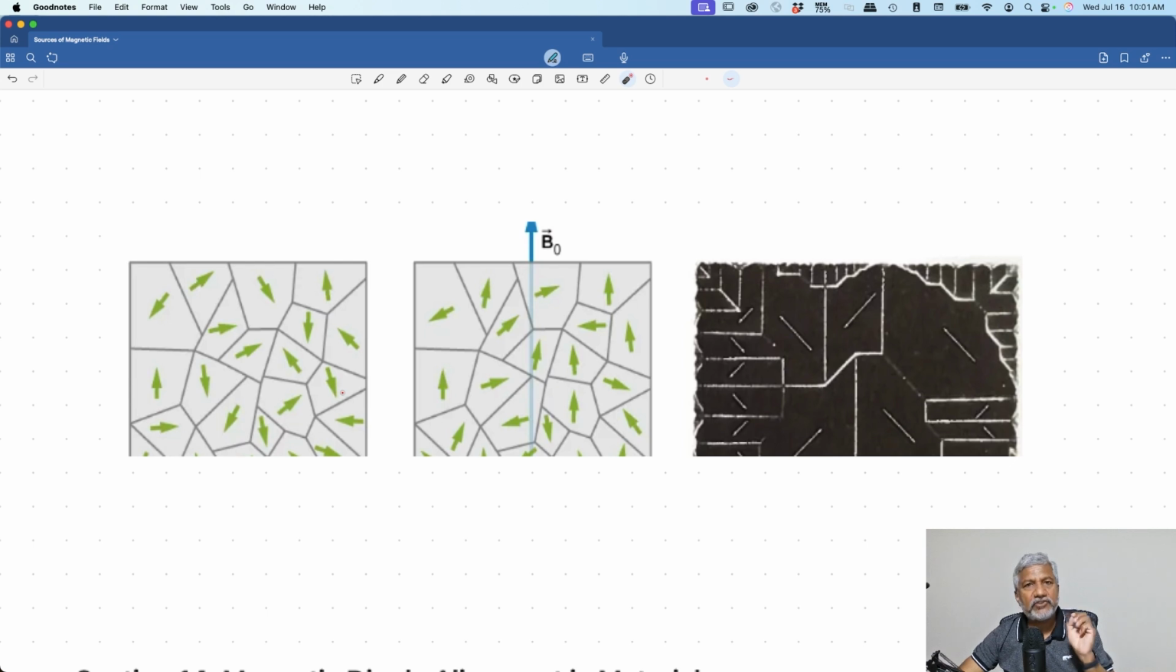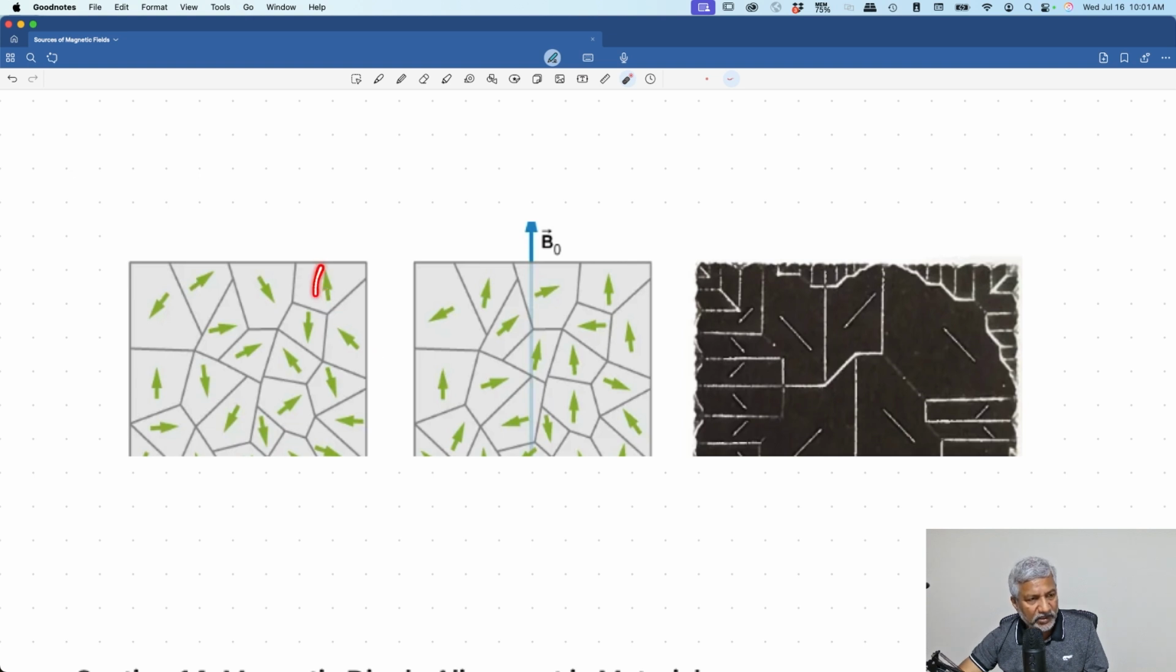That's why each atom creates its own magnetic field. But these atoms are not aligned. That's why they're not a magnet. They cancel out. But when you situate them in an external magnetic field, these